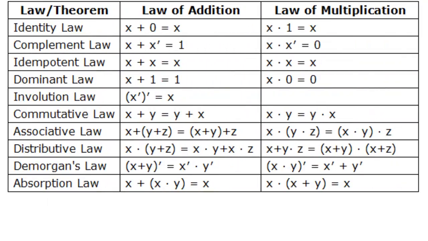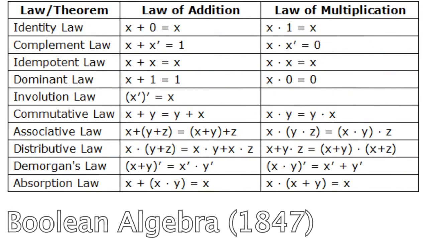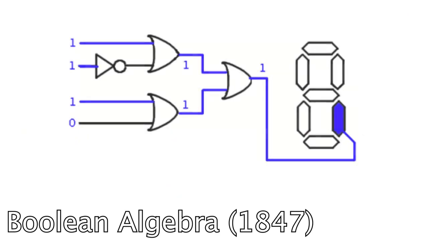Then real quick, Boolean algebra, which was discovered in the 1800s, is essentially algebra using just ones and zeros, which can be used in computer applications. For example, using Boolean algebra, you can simplify the amount of logic gates within a circuit, where these logic gates are what flip and transmit ones and zeros within a computer. The fewer of these there are, the faster a computer can run.